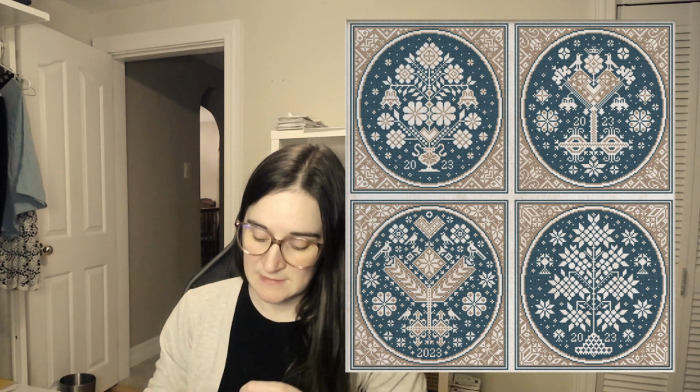Oh, and I will remind you that the fabric this is stitched on is a 20 count Ada by Roxy Floss Co. And the floss is also by Roxy Floss Co. The colorways were Brass Tacks and The Whiz. I also mentioned in my stream today that I did buy the alternate trees pattern for this piece